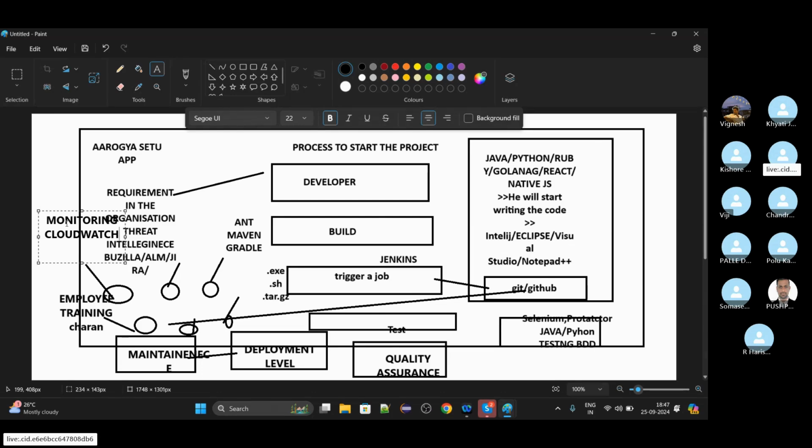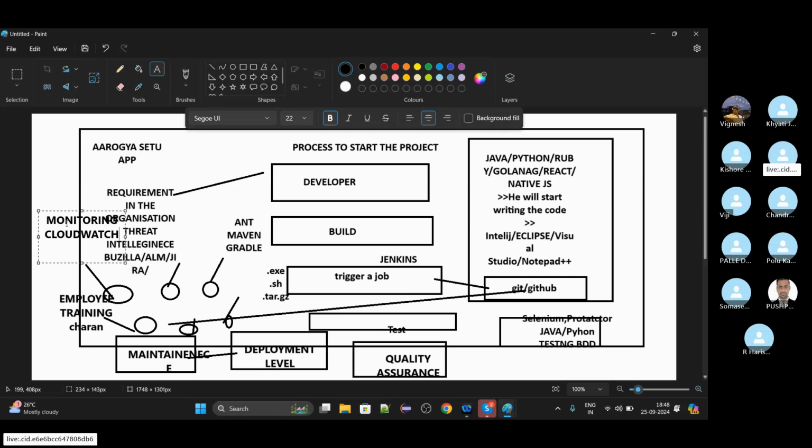If you see the whole process from the beginning to the end, we started from the requirement we got from the organization. Let's assume SBI has given some application to develop. The people who are still in sleep mode, please be active. The requirement came in, then it went to the development team.